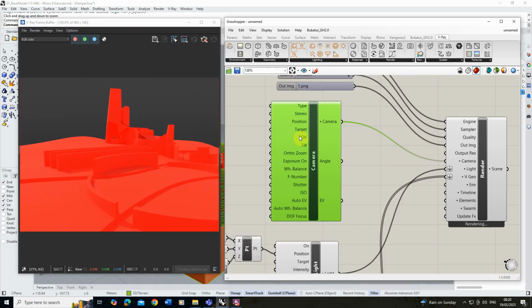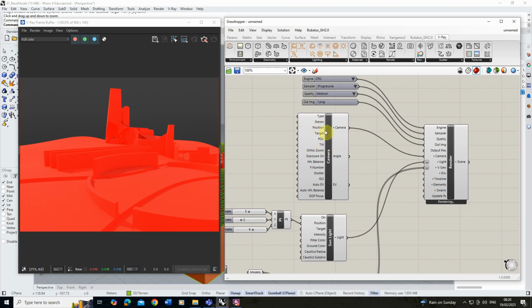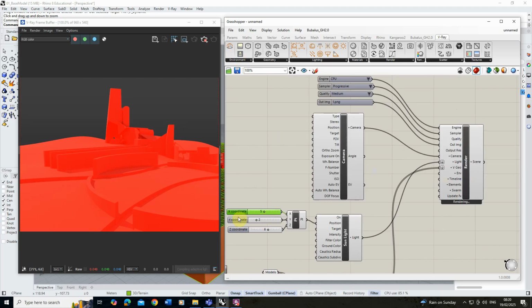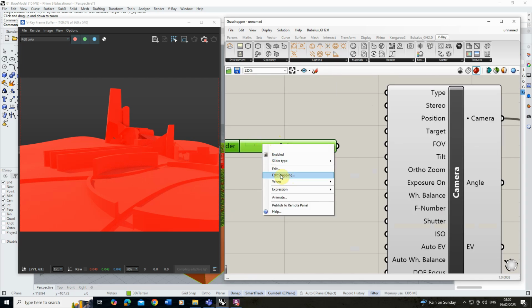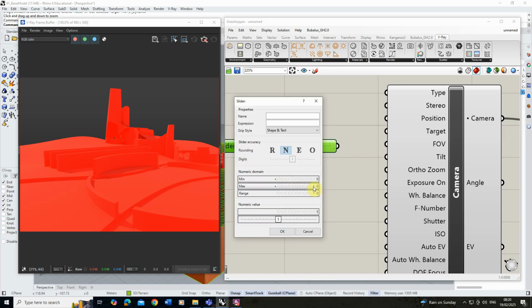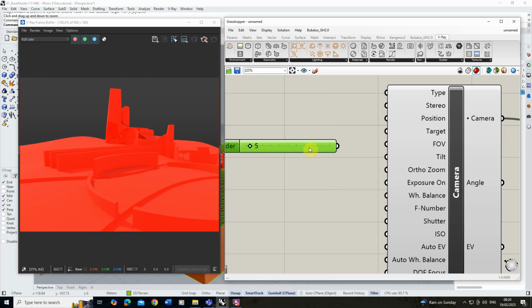Now we also have a field of view option, target position again, so we can start to use all of these inputs to change some of the features of our camera. The field of view is quite useful, so as an example let's take one of these sliders from down here. I'm just going to Control C, Control V to copy and paste it. I'm going to reset this value and let's make it a maximum of 100 this time, so it slides between 1 and 100. We'll put it at a value of 50 now, and I'm going to plug